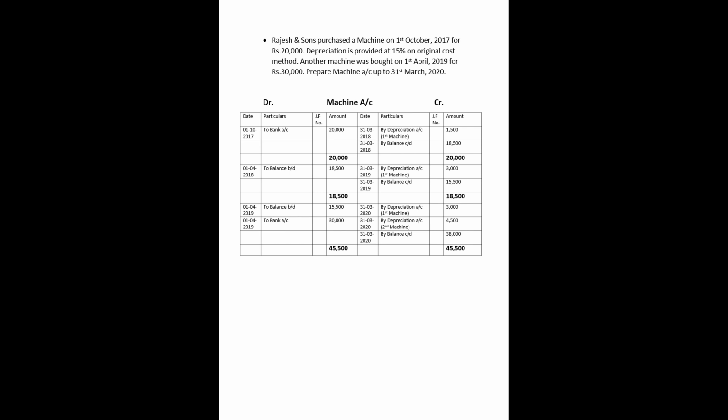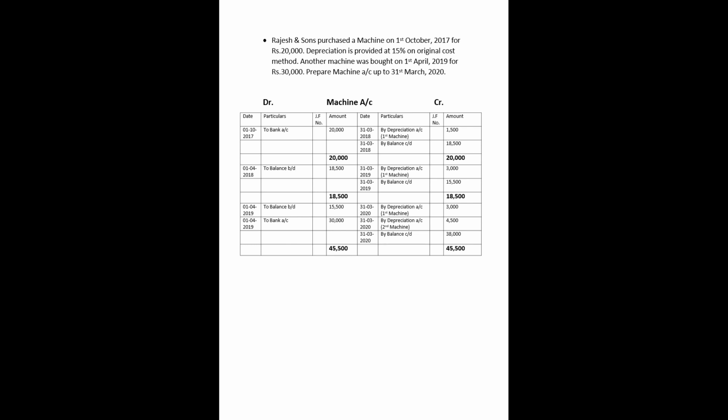Here we have purchased the machine on 1st October 2017, that is for rupees 20,000. So first we'll mention to bank account 20,000 on debit side, then calculate the depreciation. Here one point to be noted, that machinery was purchased on 1st October. That means from 1st October to 31st March, 6 months period will be there. For that period only we need to calculate the depreciation. So we'll get 1,500 as the amount,